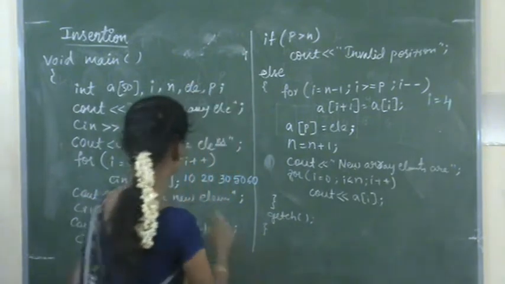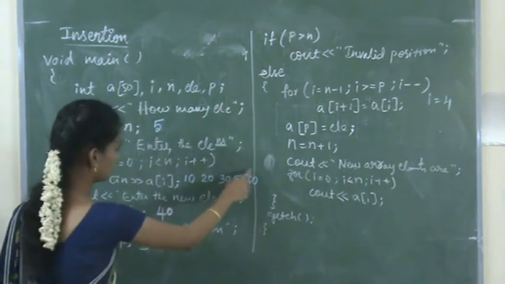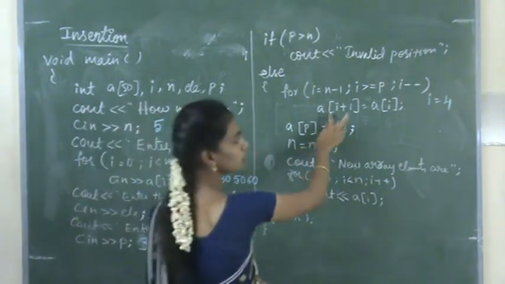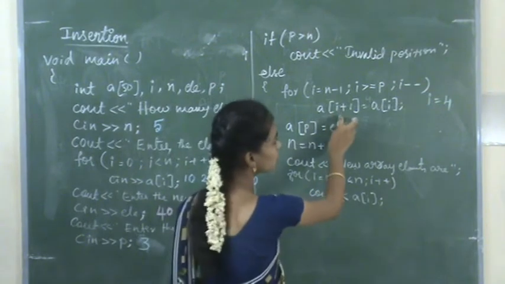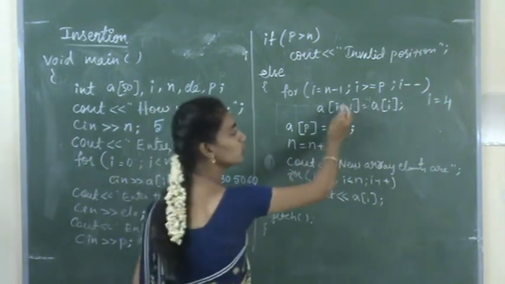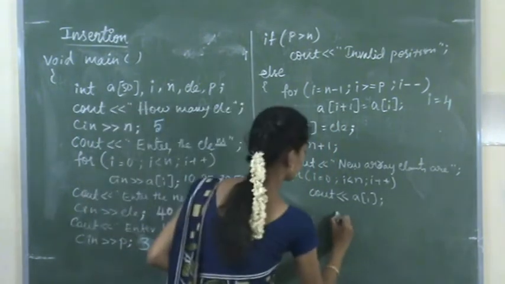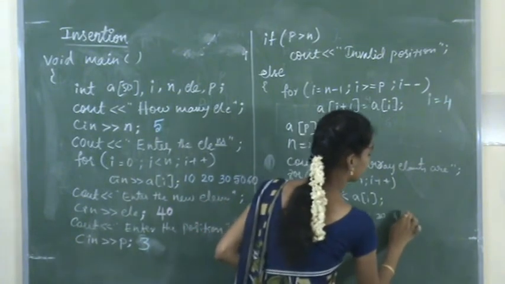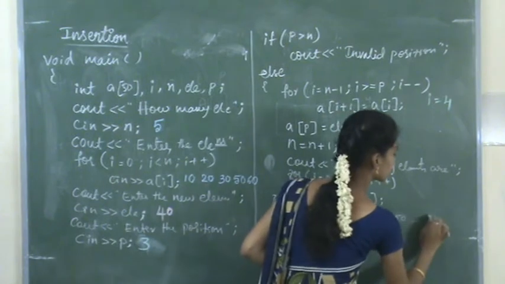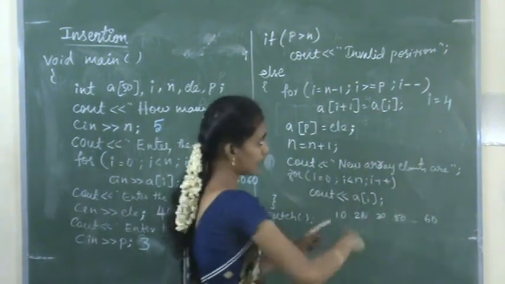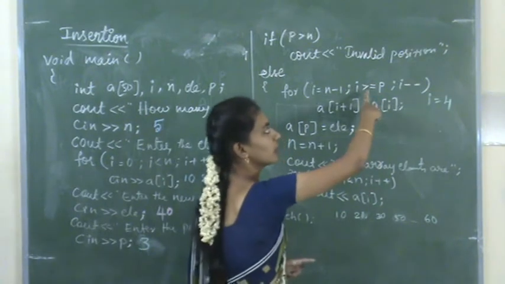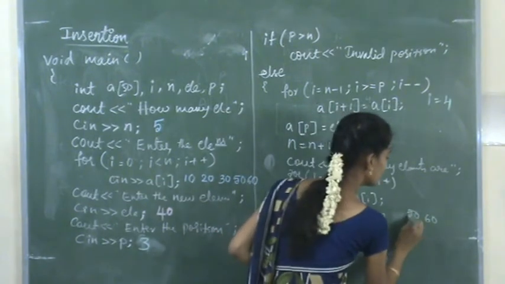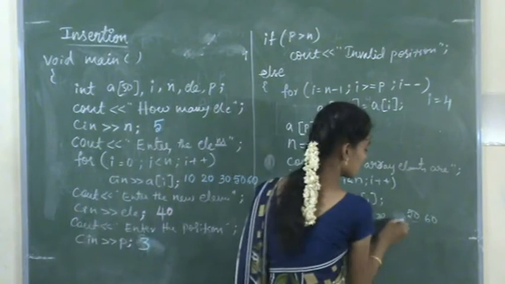So at the positions 0, 1, 2, 3, 4, 4 is greater than 3. True. It will enter the for loop. So now it will assign A of i plus 1 the value of A of i. So now the array becomes 60 assigned to the next position. Again the for loop repeats. Decrement the i value, so i becomes 3. So this will be shifted to here. Then here we will get the empty space, right?